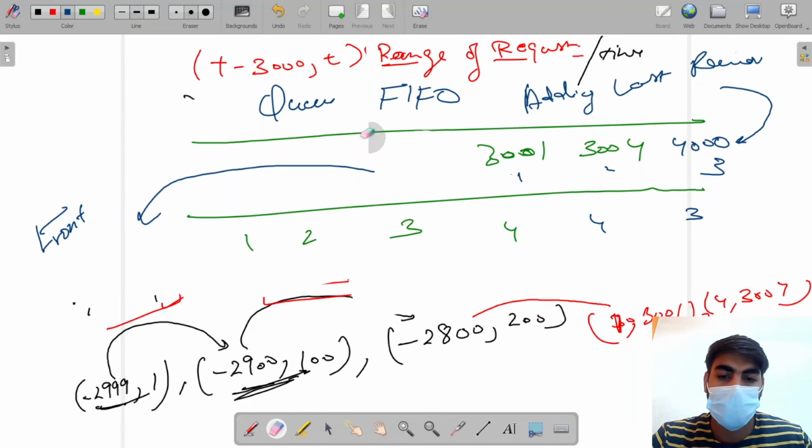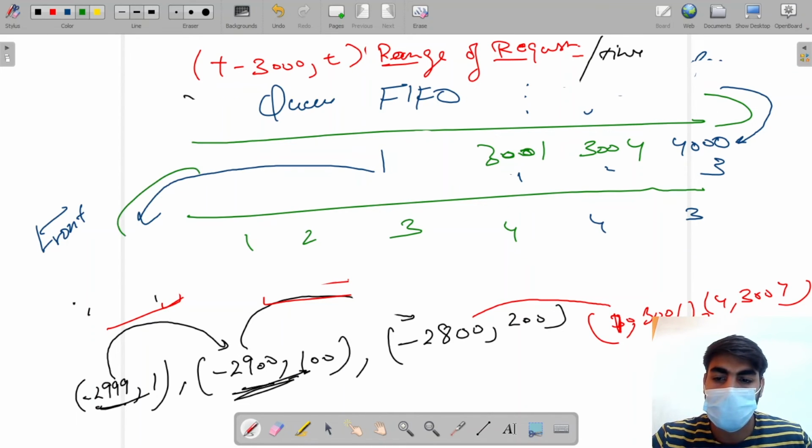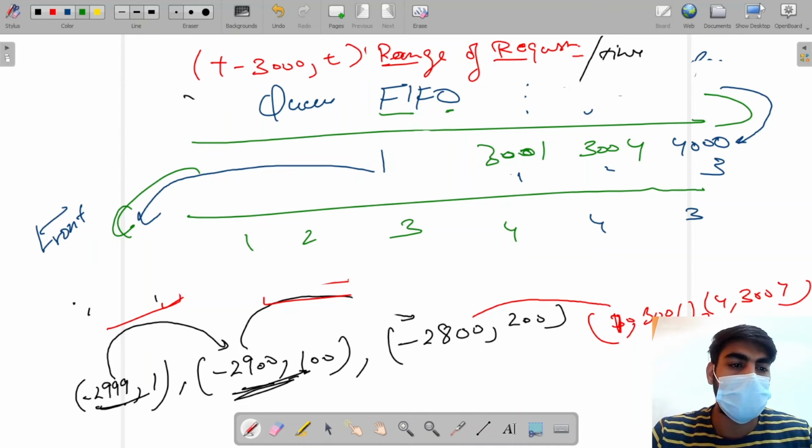So first in, 1 comes first here and goes out first. Okay, so adding from last, removing from first. So what I'm saying here, I'm adding from the last and removing from the front. So the first in first out property is used here. So that's our approach. Let's move to our editor